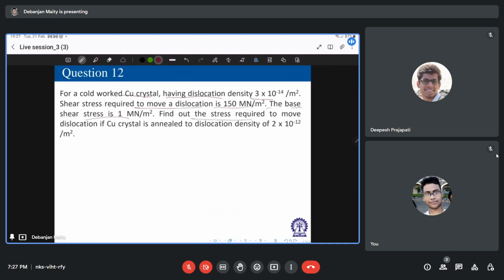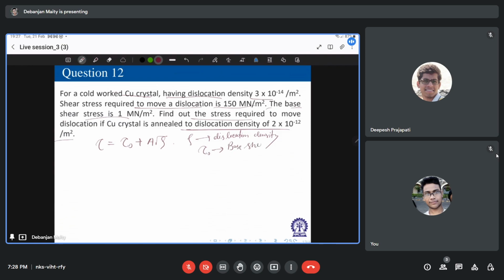You need to find the stress required to move the dislocation at the new dislocation density. So you know this equation. Rho is dislocation density,